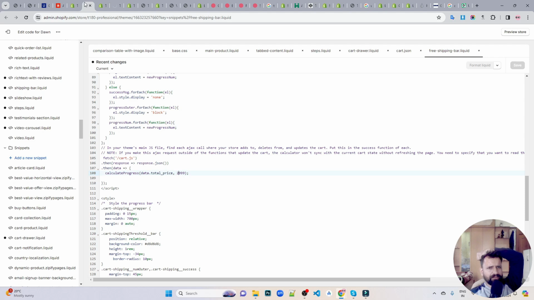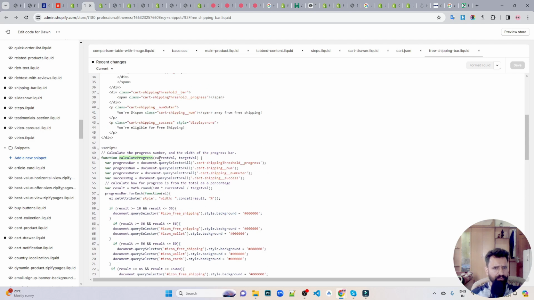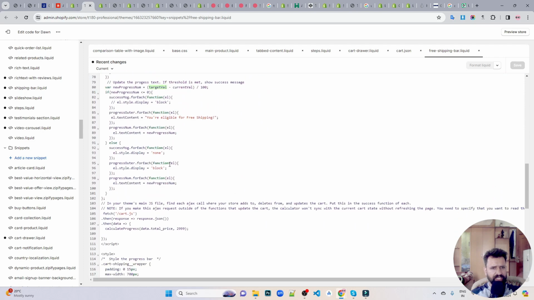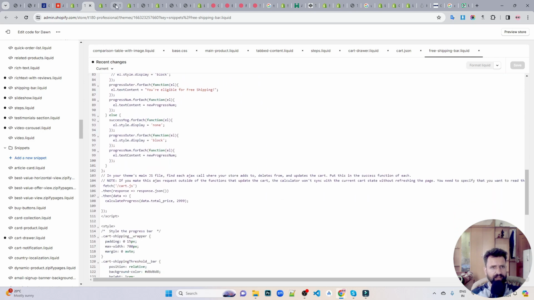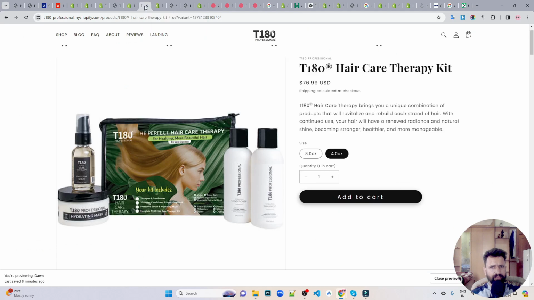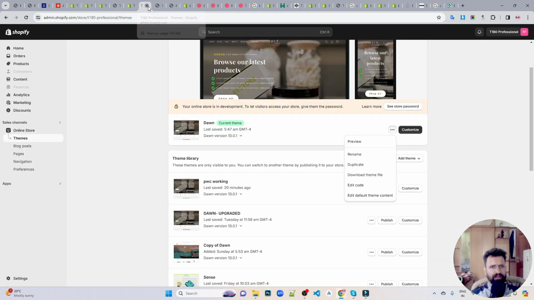It's loading slowly. So let's see. Let's console log the total price. So you see calculate progress. The calculate progress is current value and the target value. We are checking the current value and the target value. Now based upon what we have right now,